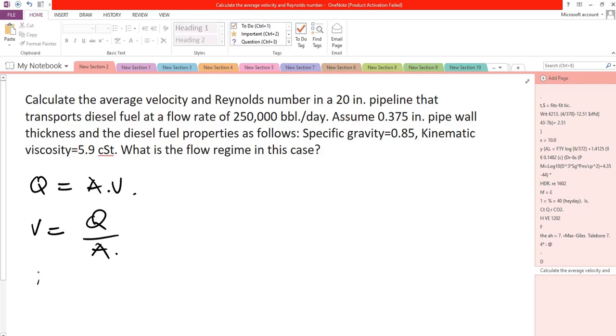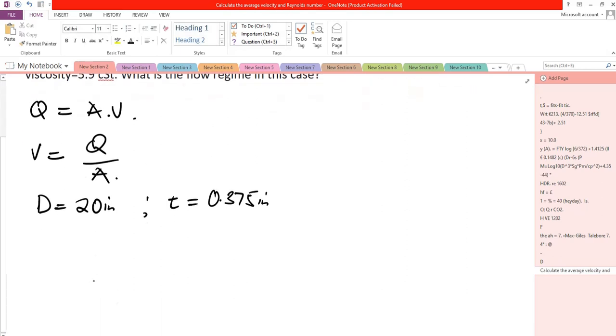So the outside diameter D is equal to 20 inches. Then the pipe wall thickness T is equal to 0.375 inches. Now our small d will be equal to the outer diameter minus 2 times the wall thickness, because